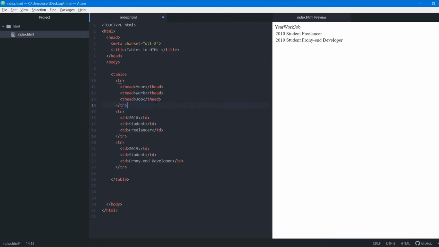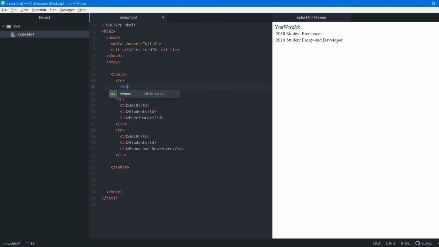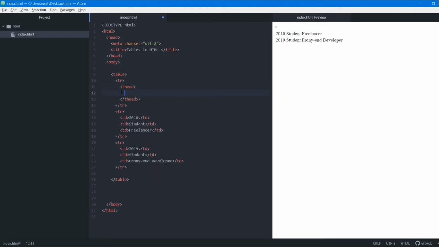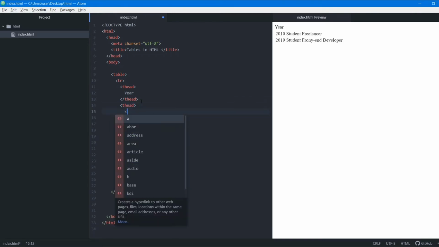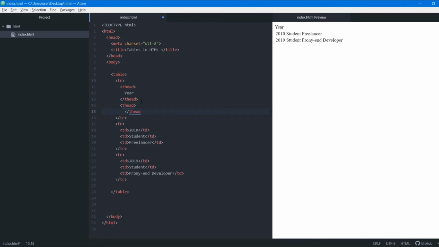Okay, it's not working because you have to delete, and then we have to add thead here. Then inside this thead we'll write year, and you can see year has appeared here. Now again we'll add one more thead, and again we'll close this thead off.